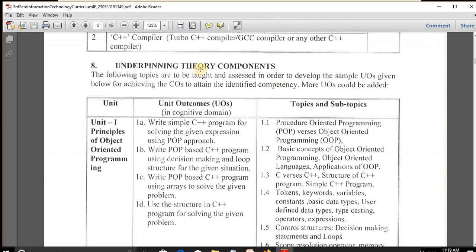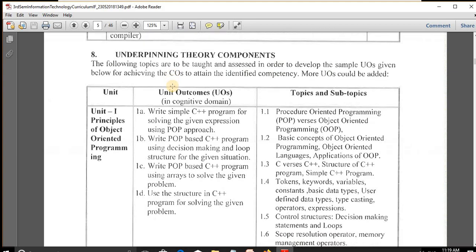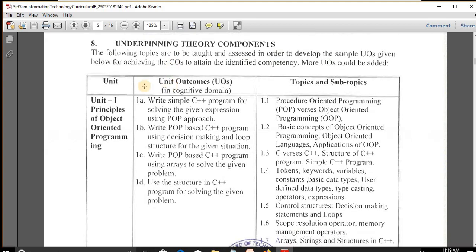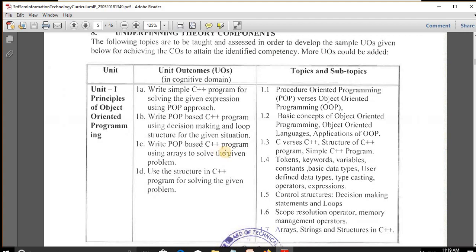Now we will see the theory components of this course. This course has 5 units. Each unit has a different weightage of marks. The first unit is Principles of Object-Oriented Programming. This unit has 7 subtopics. First is Procedure-Oriented Programming versus Object-Oriented Programming.